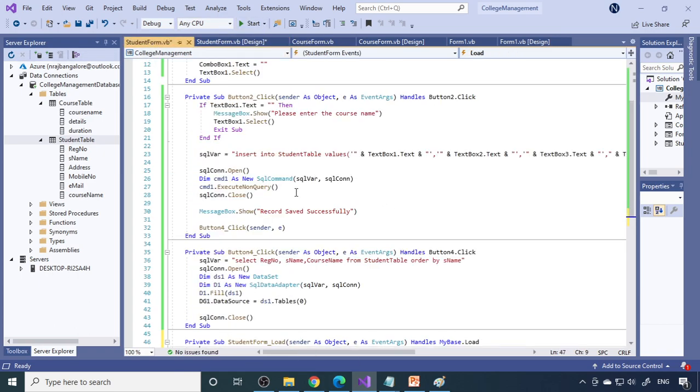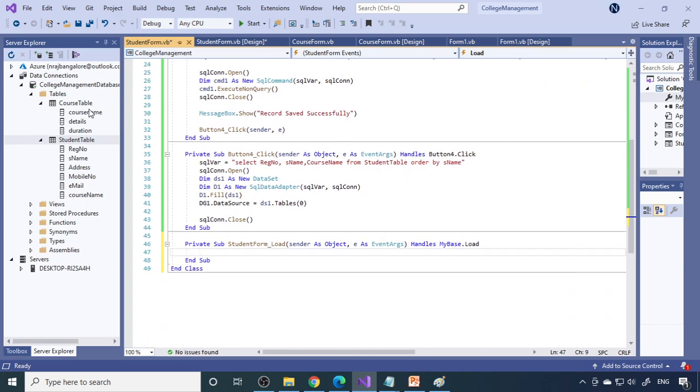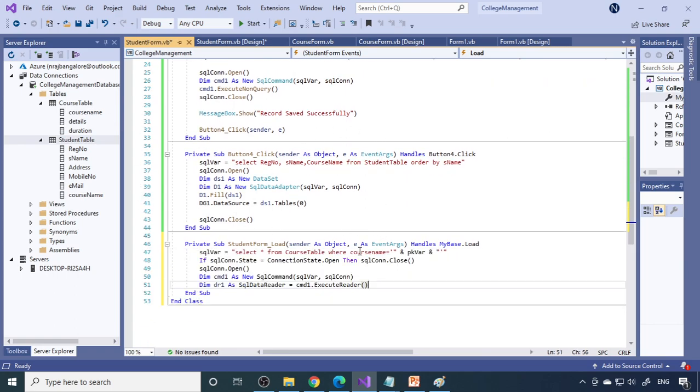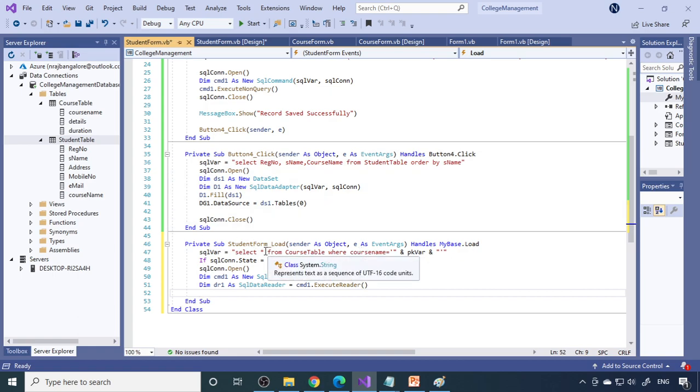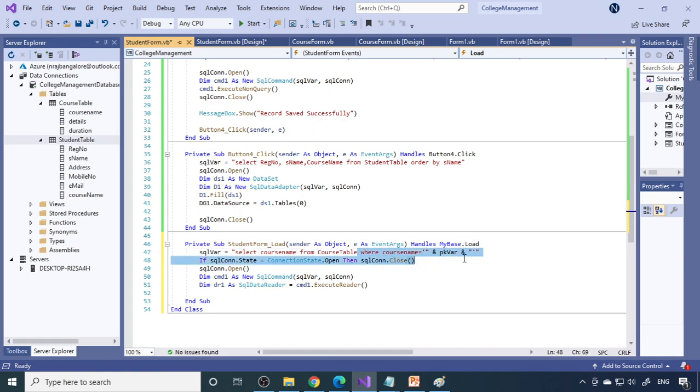Because for select, we need to select all the data from the course table to the combo box, right? So now you can say select star. We don't want star because we don't want all the columns. We want only the first column. So that is the course name. So then there is no need of where condition here. I'll take out the where condition. So instead of that, you have to use the order by. So there should come order by course name. So we want to select the course name from this table and there should be an order. Done. So we'll execute this, we'll execute the reader.